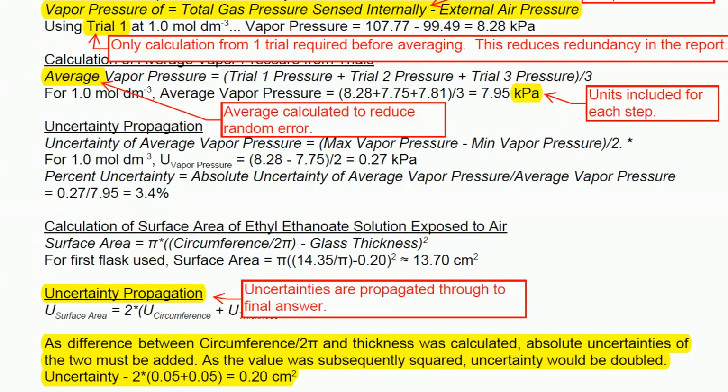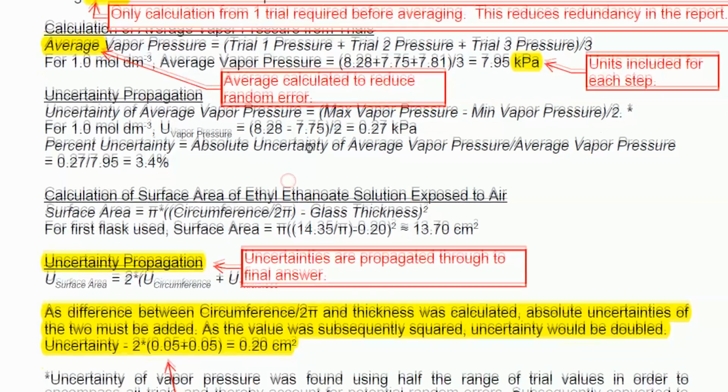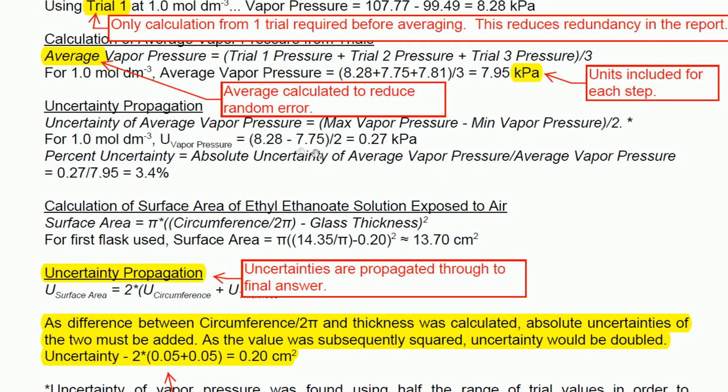This is the responsibility of every internal assessment writer: to clearly show error propagation through to their final answer. And what that means is taking the uncertainties that were recorded in the raw data tables and transferring them through to the final answer. As you can see in this case, although the math is not overly sophisticated, the candidate has clearly shown their error propagation, and they propagated it through to units